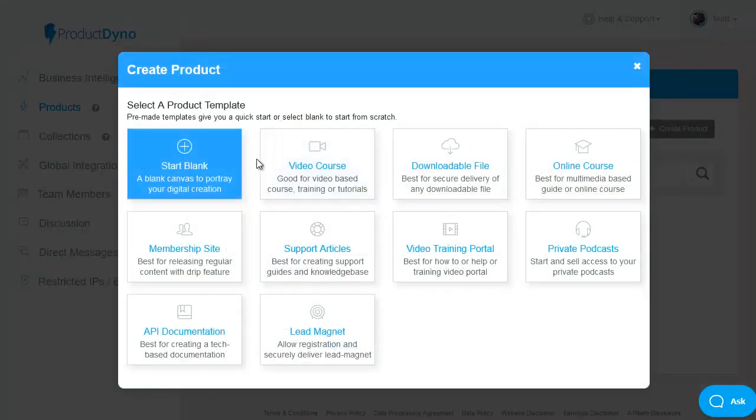Now you can see we do have the option to start with a blank template, and because of the intuitive design this can be very quick. But to help people get started as easily and quickly as possible, there are also some framework templates built in. From a video course option for regular video training based products, to downloadable file delivery, to online training courses, obviously